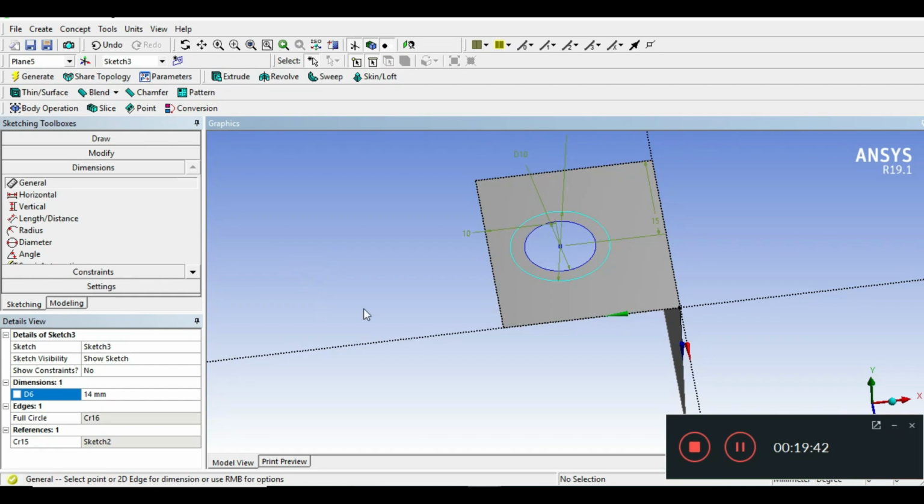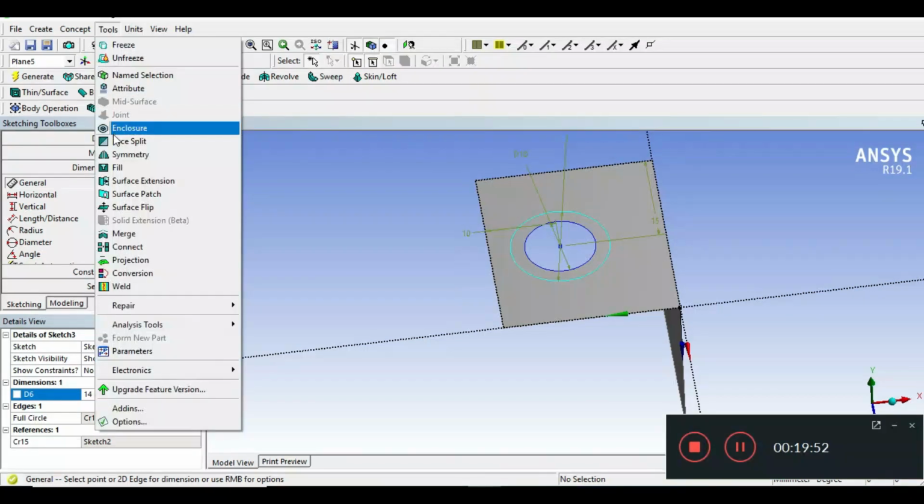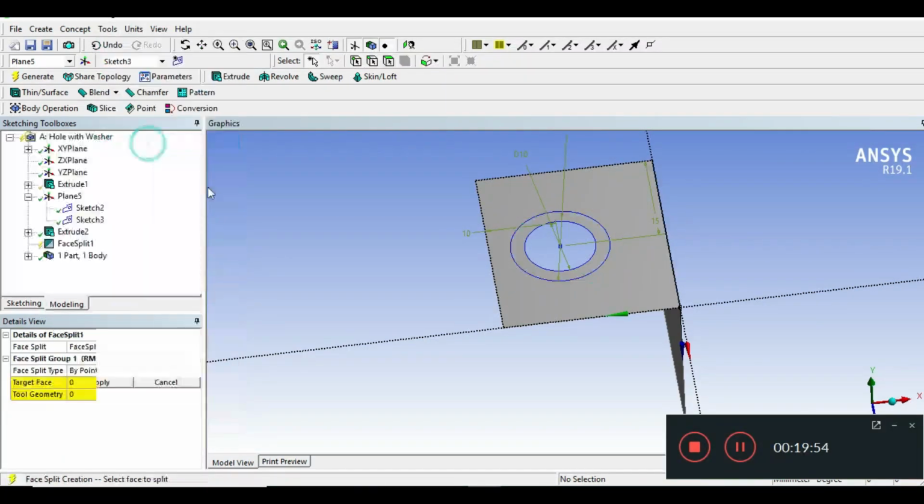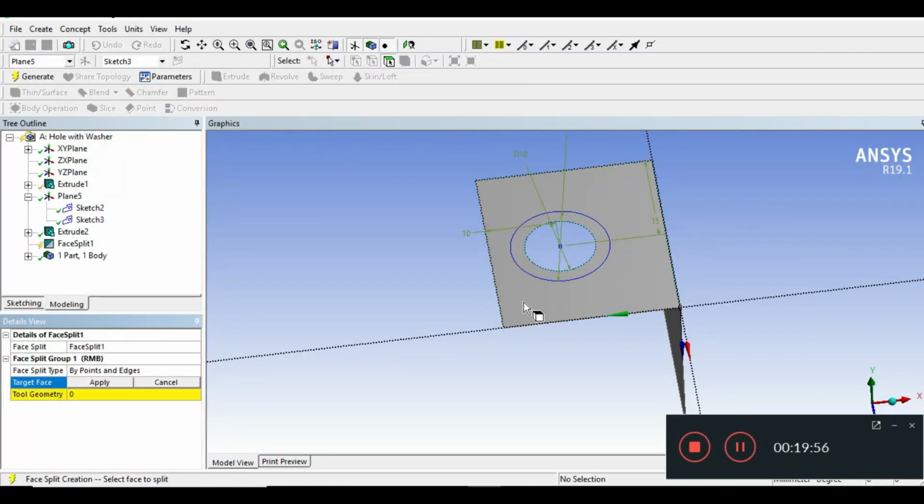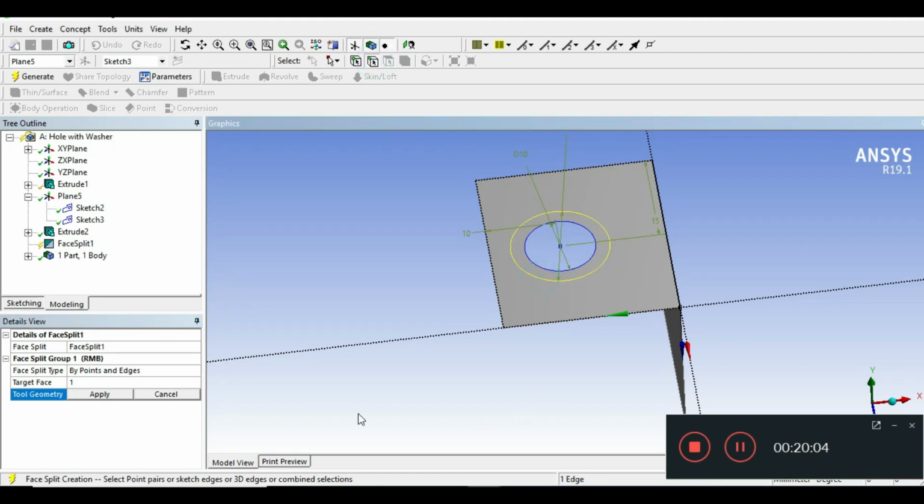Then we have to split the surface, because we have to apply this edge sizing on the edges of this surface. Therefore use tools and click on face split. This is your target face, apply, and for the tool geometry select the edge selector and click on this circle, apply and generate.